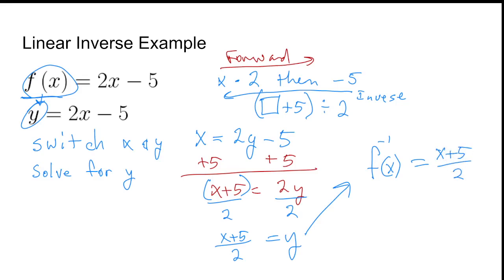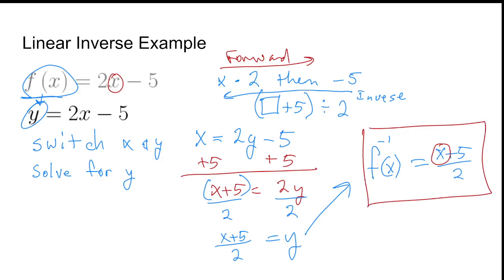Now, the thing is, and again, we just get used to it. This x really is a different x than this x. Okay, this is an x that has already gone through the process and become an output, and then when we put it back in here, it goes through. So x is truly just marking a spot for the input. Okay, but I don't know. We'll leave it at that. Okay. So let's